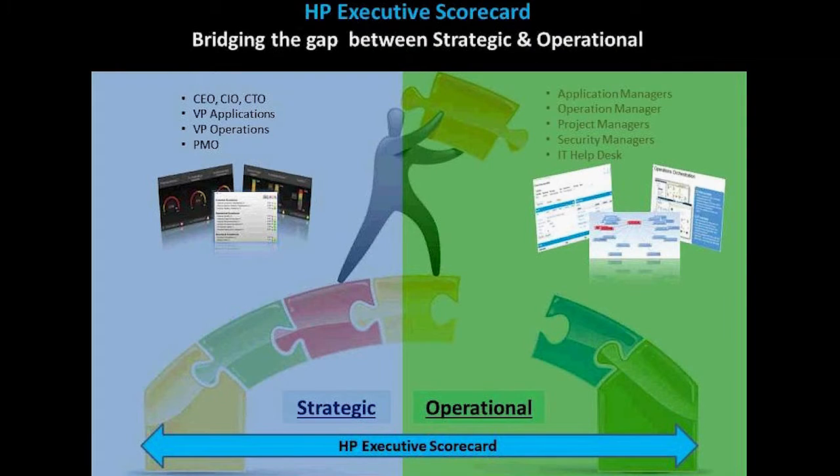So this slide really sums up the goal of this webinar, which is to show how you can bridge this gap. This is something most organizations struggle with, where strategic direction is being set at your executive level, but conveying that down to the operational level is often very tricky. In order to bridge that gap between strategy and the employee's day-to-day execution of that strategy, there's